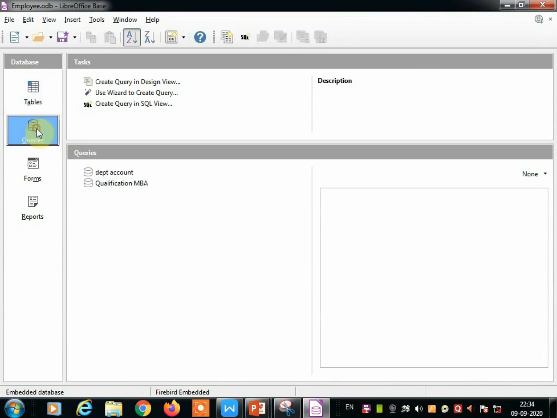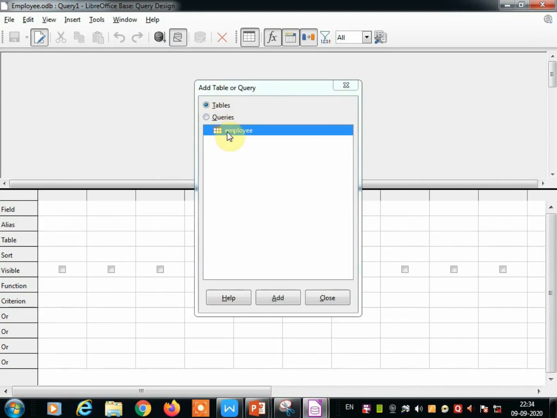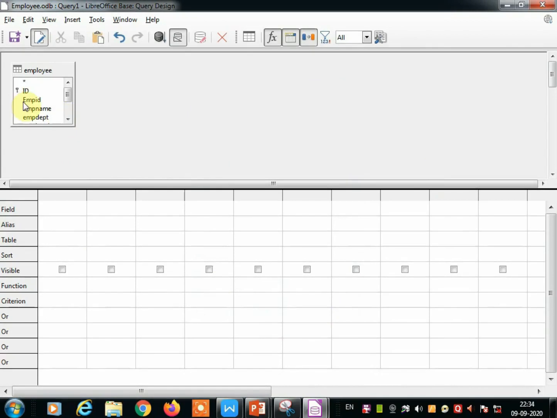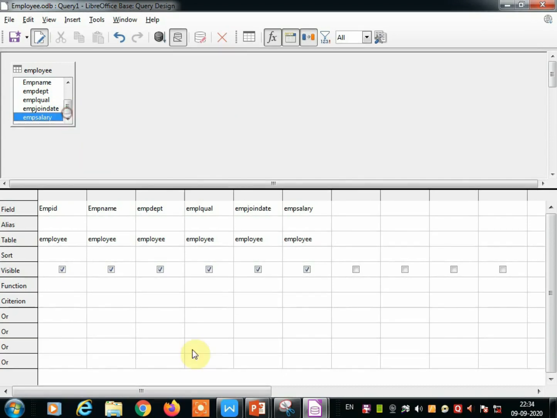Now we are going to create a query. Click on Query in the database objects and click on create query in design view. Select the table Employee. Once you add the table, close this dialog box and double click on each field which you are going to display. Here the question is to display the employee's record whose salary is more than 70,000. So go to the employee's salary, and in the criteria you can write greater than 70,000